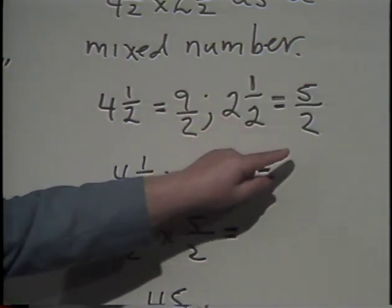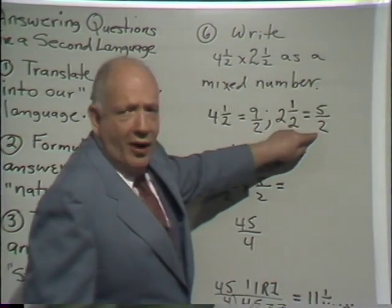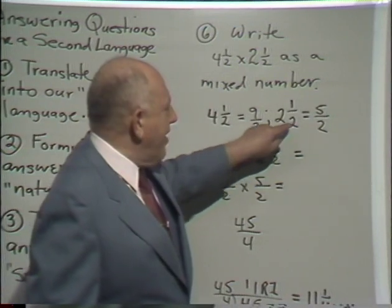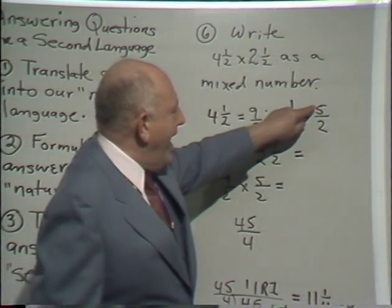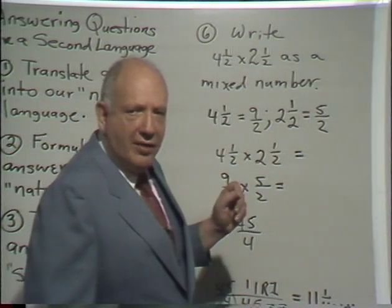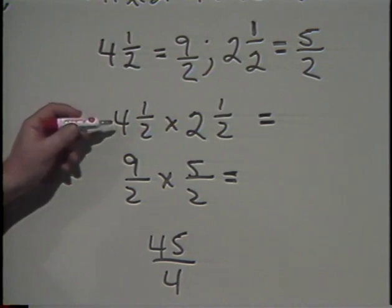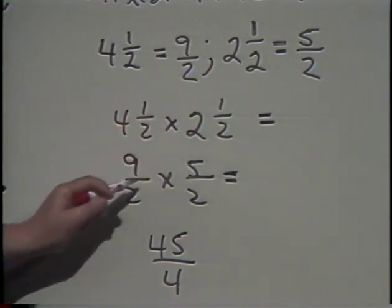Okay? Another, it doesn't have to be money. I mean, if I have 5 half pounds of candy, that's the same as 2.5 pounds. If I have 5 half gallons, that's the same as 2.5 whole gallons. Okay? Now what I do is I've translated, see step 1, I've translated the problem from the foreign language into